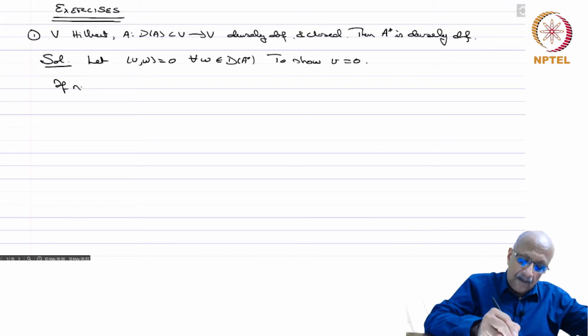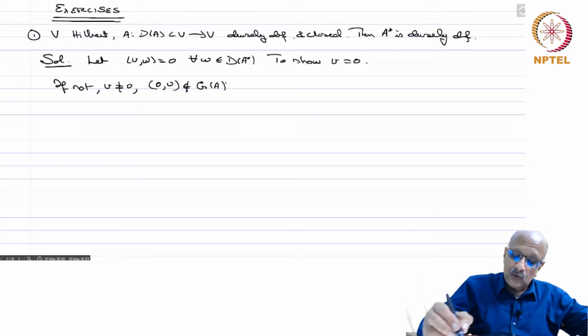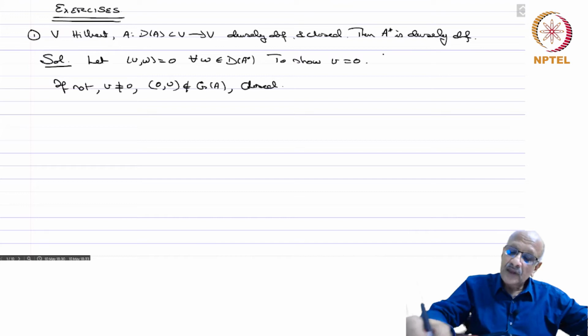So, if not, v is not equal to 0, then you have that (0, v) does not belong to the graph of A, because the graph of A is (u, Au) with u in the domain of A. If the first component is 0, the second component must forcibly be 0. So, if v is not 0, this cannot be in the graph of A, and the graph of A is closed, that is the hypothesis. Therefore, you have a closed subspace of V cross V, and a vector which is not in it, and therefore by the Hahn-Banach theorem,